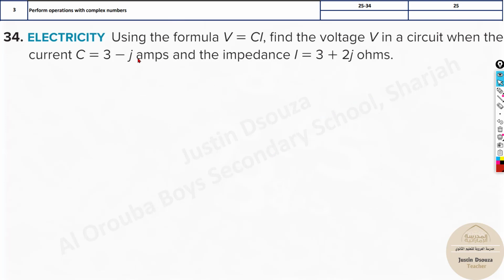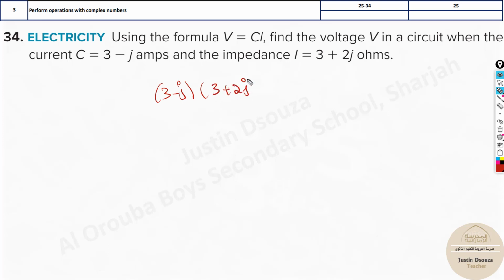Now the last one is the real world problem using the formula V equals CI. Find the voltage in a circuit when the current is given and the impedance is given in terms of ohms. So impedance is the resistance, and voltage is equal to current times resistance. That's the thing. Now all you need to do is multiply: 3 minus j times